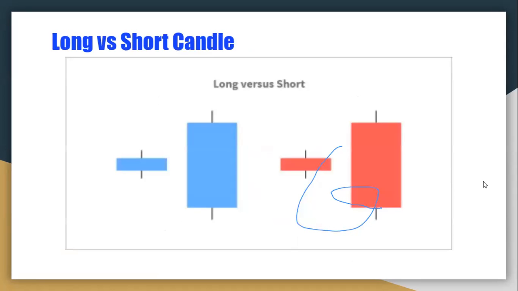Like we discussed, when the candles are long, the intensity of buying and selling actions on that day is more intense. In the case of shorter candles, the intensity of buying or selling actions on that particular day is lower or very subdued. So whenever we see big candles, green or red, any color,